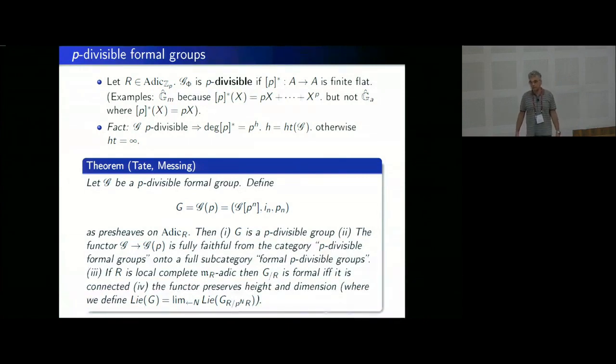And the two definitions that we gave for height or for the Lie algebra of G, if p is not nilpotent, will now be defined as this inverse limit. Previously, I assumed that p to some power n was 0. But now, if you remember, all our rings are adic over Zp. Always p is topologically nilpotent in all that we will be doing. So the two notions of height and dimension or Lie algebra coincide.